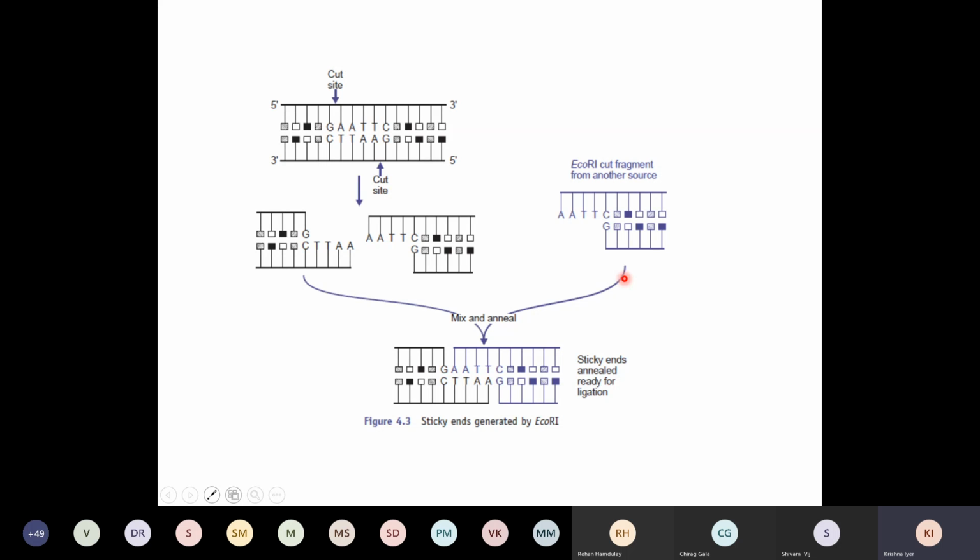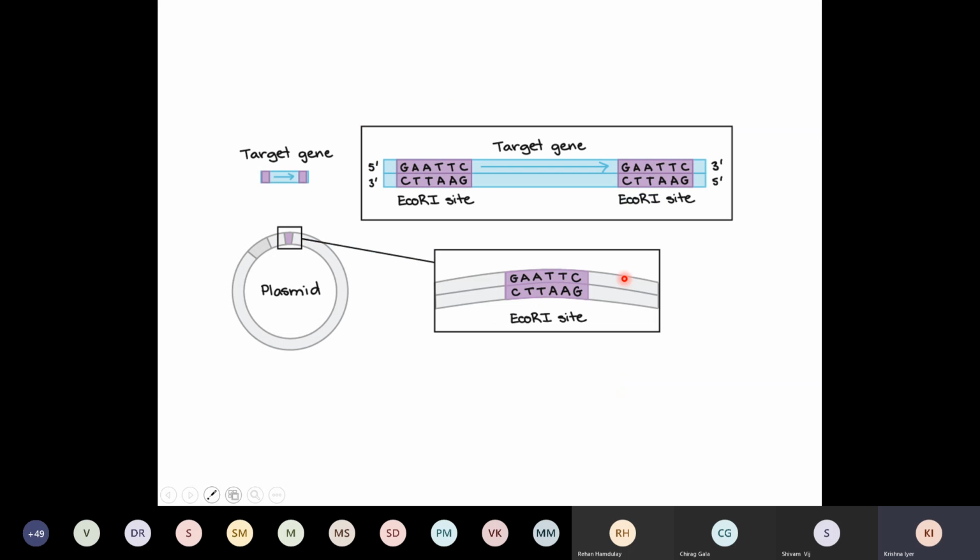Now I'm going to go into what exactly happens. Remember that slide I showed you where I said you have a target gene and a vector, and you are going to recombine them and make a recombinant plasmid. So now imagine that I have a long piece of DNA where this is the target gene, shown here with the arrow, and flanking it, shown in violet, are two sequences which are palindromic. These sequences are shown here in a magnified manner as